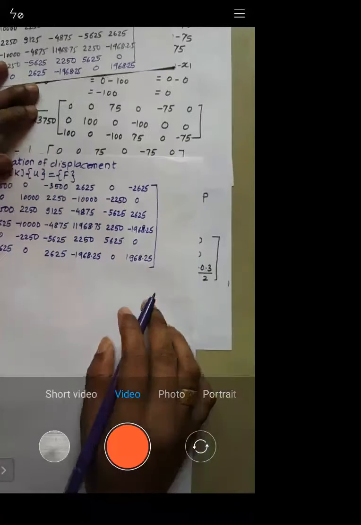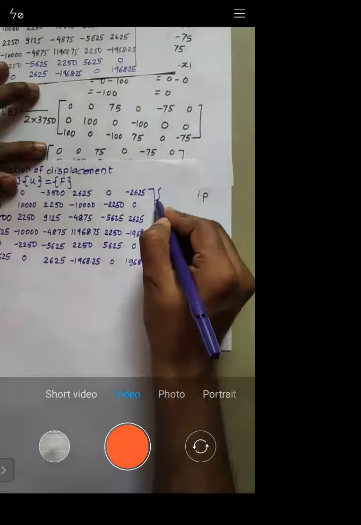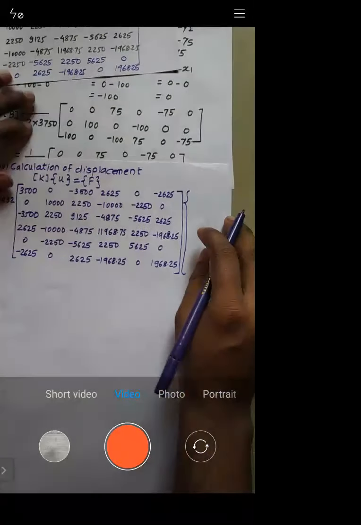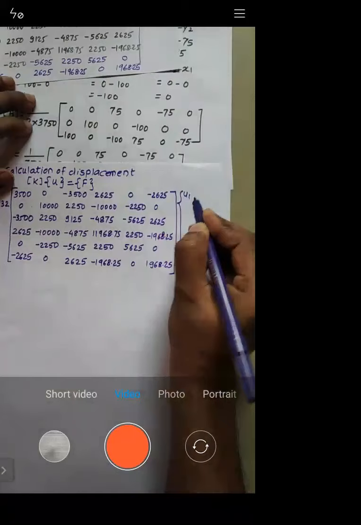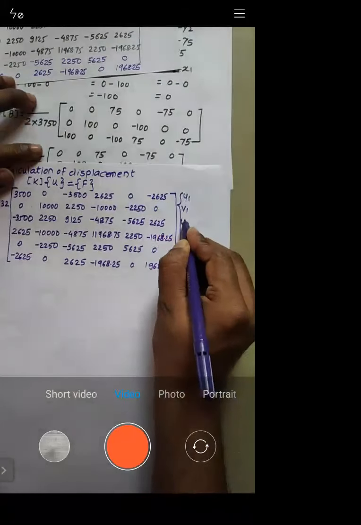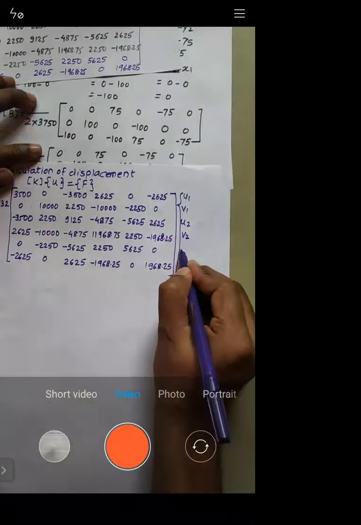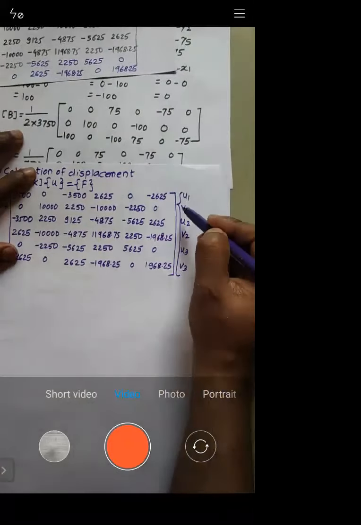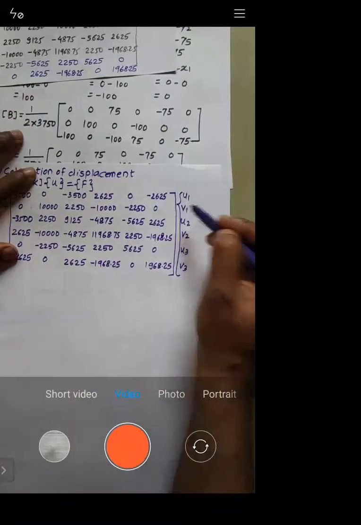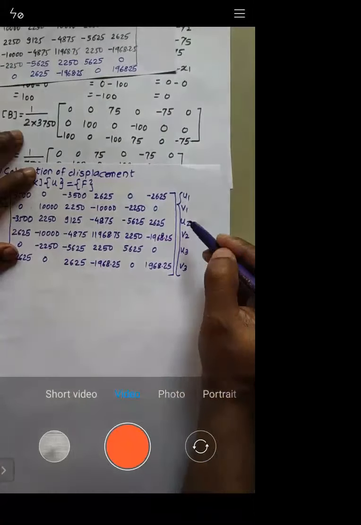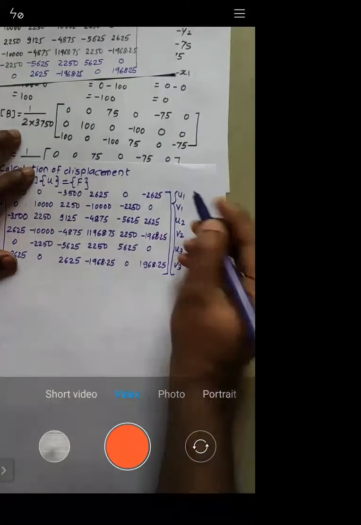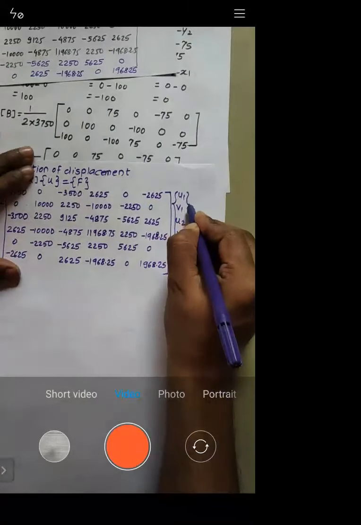This has to be multiplied by displacements, right? So we have, okay, this is a two-dimensional element. So we have u1, v1, u2, v2, u3, and v3, right? So these are the displacements. u1, v1 displacement at node 1 in x and y, u2, v2 displacement at node 2 in x and y, u3, v3 displacement at node 3 in x and y direction. Okay, so this is equal to